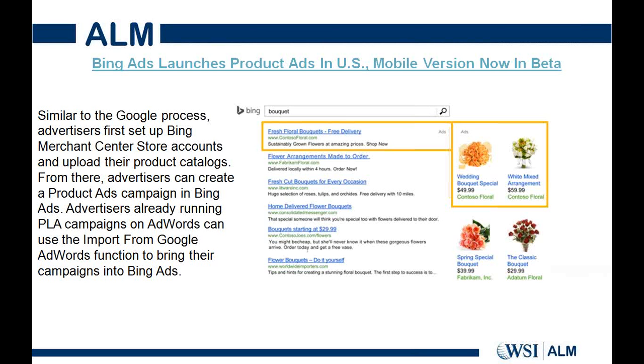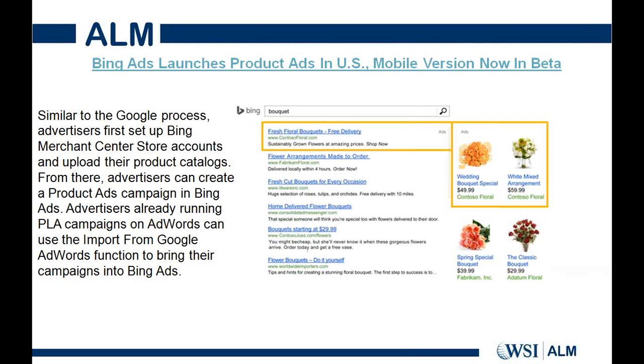It was a matter of time before Bing was going to launch this because it's really useful, it's getting really high conversion rates and a lot of good feedback from the merchants in Google.com. And it's a great feature. So it was just a matter of time before Bing took a page off Google's books and actually did this